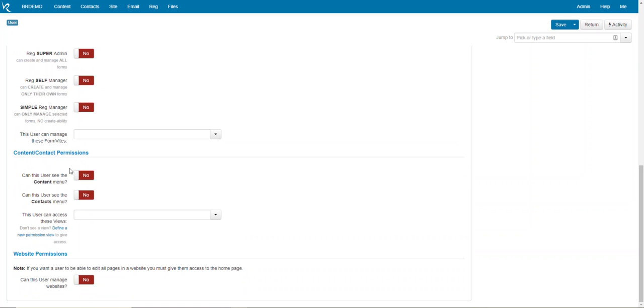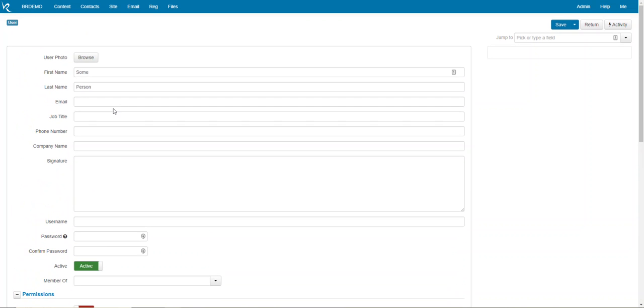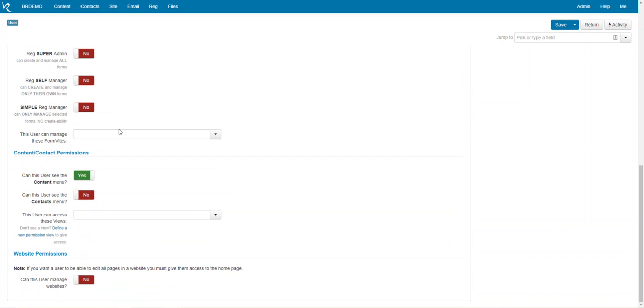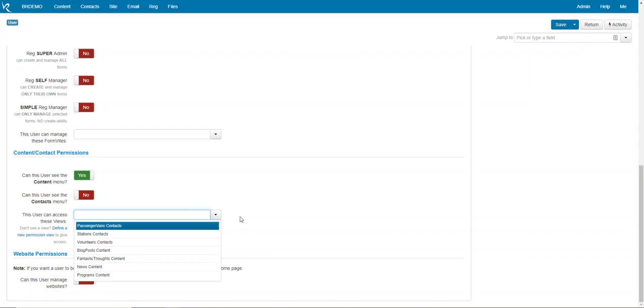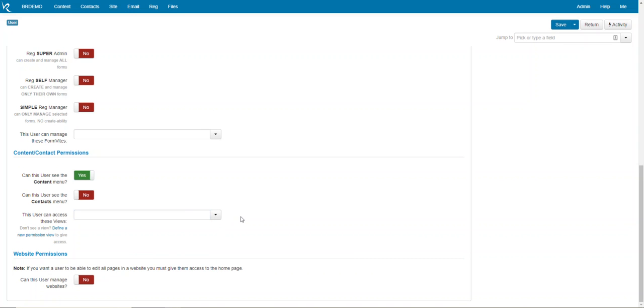So what you do is, you turn on one of the menus. If you want somebody to see content, you turn that menu on. So I've got some person here called some user. And then what you have to do is you have to connect them with a view. But then that's where it gets a little tricky. So you have to define a view. So either, let's say it's a base view that comes as part of the system, it still has to be also defined in your system in order to give somebody access to it. Then the next level up is if you want to do permission views where you want to hide maybe specific